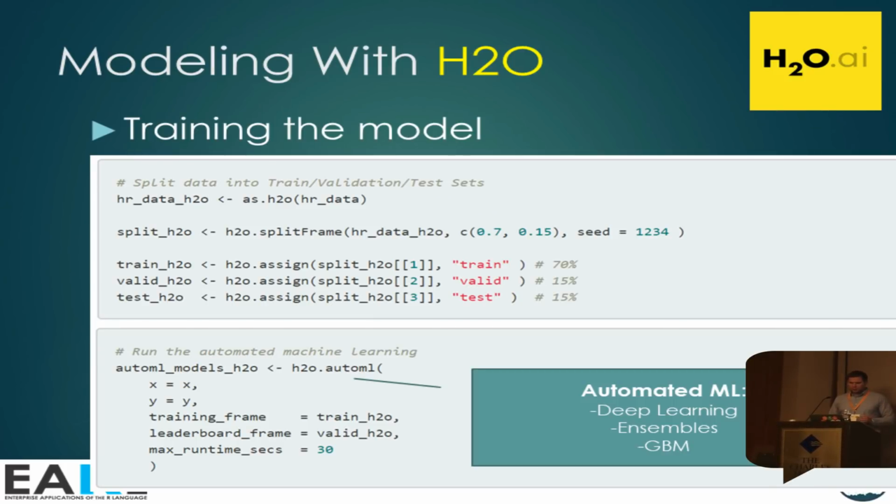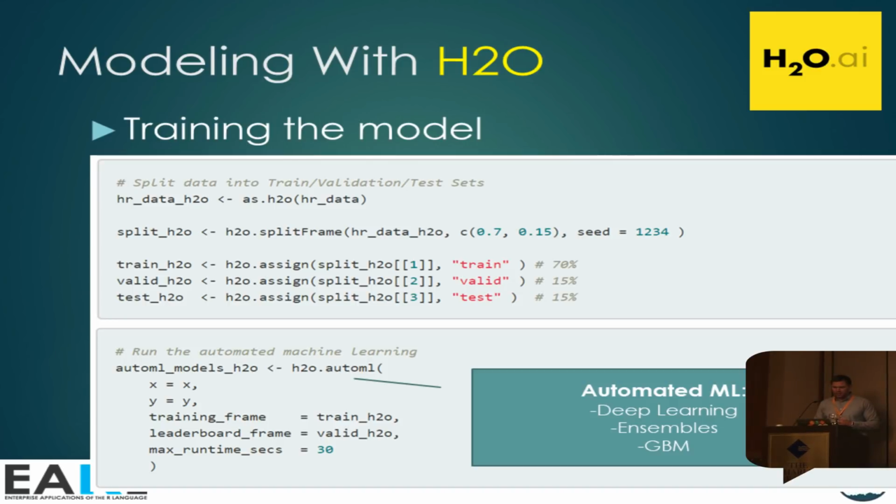So modeling with H2O. This is super cool, and this was so easy to pick up, because really prior to developing this blog post, I had a little bit of experience with H2O, but not the automated machine learning, and this made it super simple. Okay, so using this H2O AutoML function, what it does, we split it into a training set, a validation set, and a test set. Test set's unseen, validation was used for validating, and then training was how we built the model. So it was 70% train, 15% validation, 15% test.